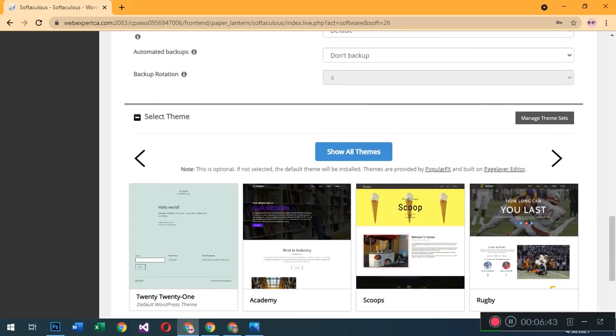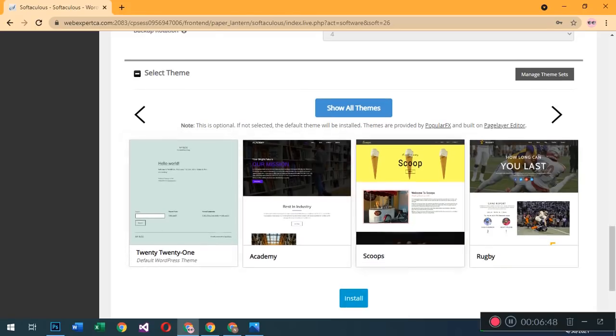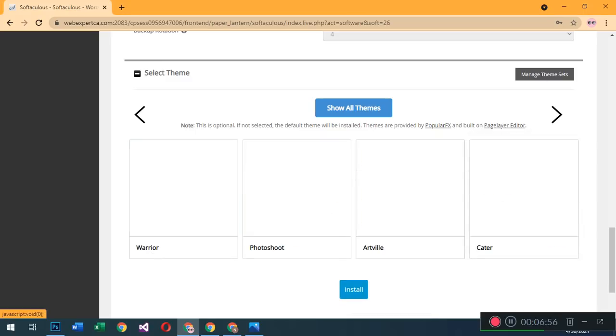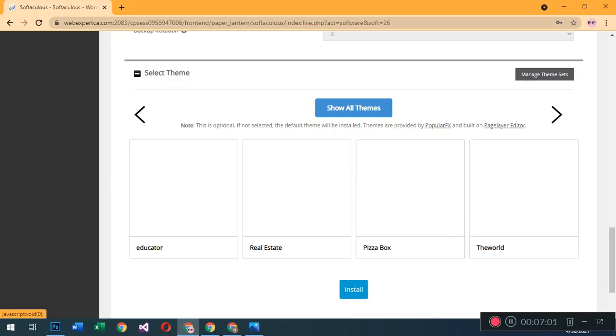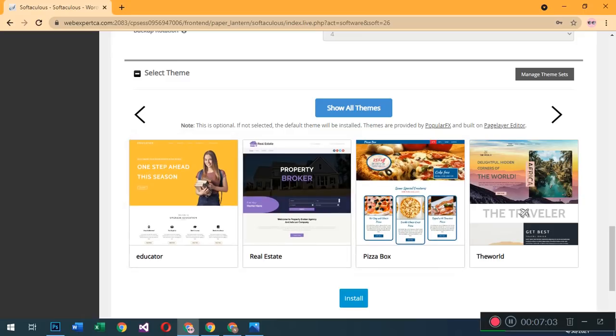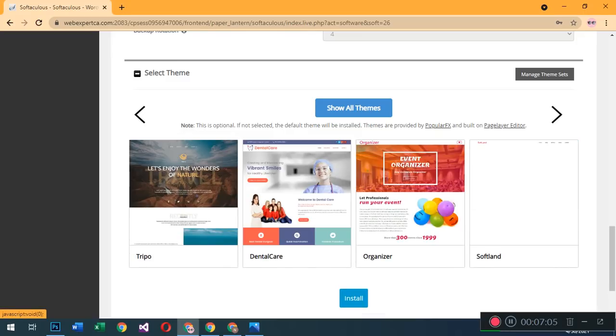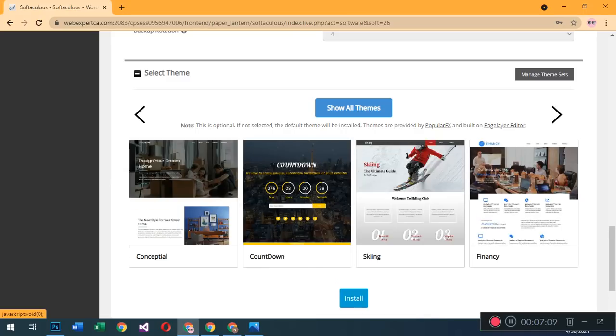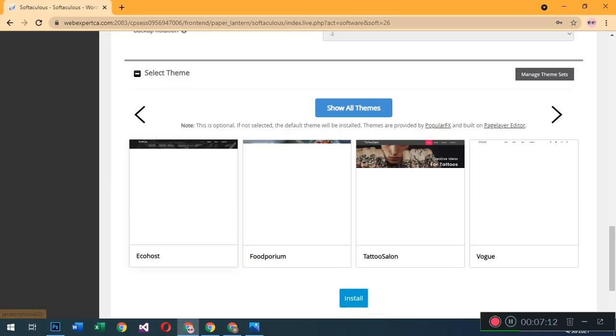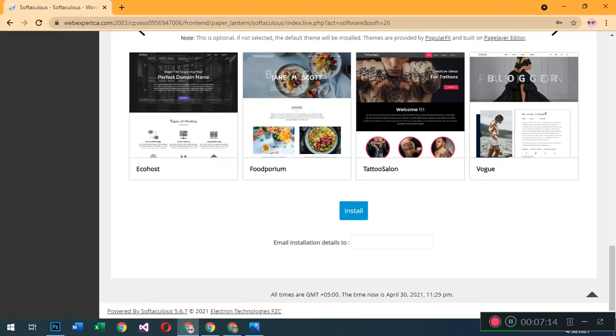After that, sometimes you have to choose a theme from the themes your hosting company provides. We can select any theme for installation on our site. If we don't like any or don't choose any, then the system will automatically install a theme for you. At this time I am not going to use any theme. The system will install one automatically.